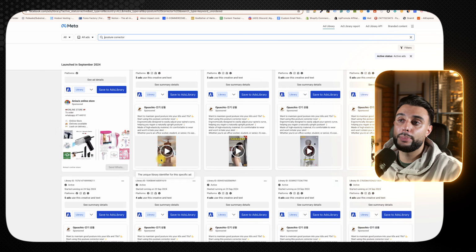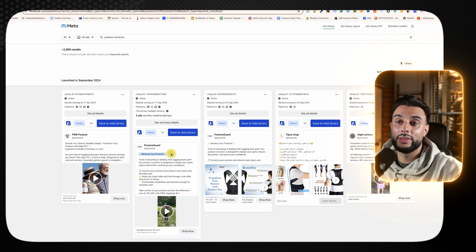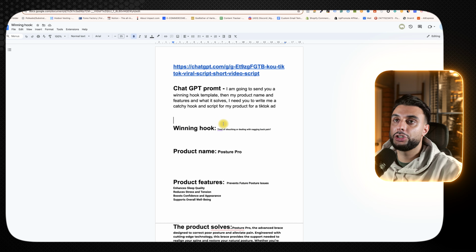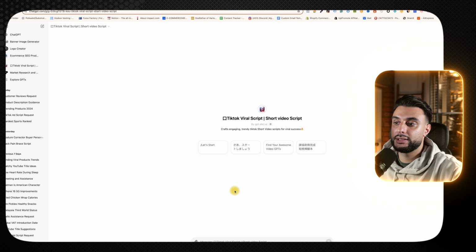So what you want to do is find the page that's running the most ads, listen to the first 5 seconds of their video, transcribe it into text, so write down what they said, or copy the headline from the ad copy. Then once you've done this, you're going to find this winning hook cheat sheet in the description. Once you've got this, you're going to see this is the prompt that you're going to give to ChatGPT. So we're going to get this prompt here, copy it, go back to GPT,